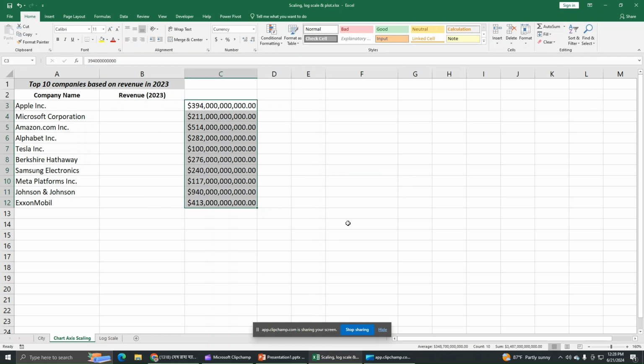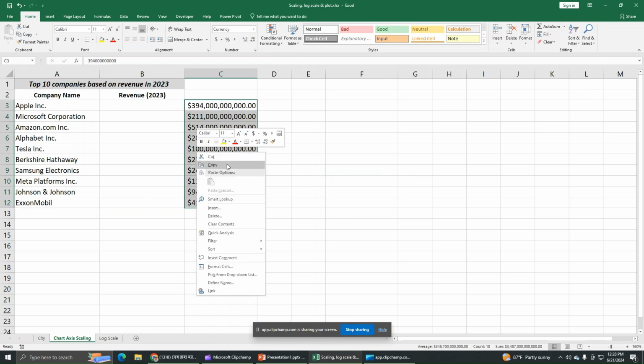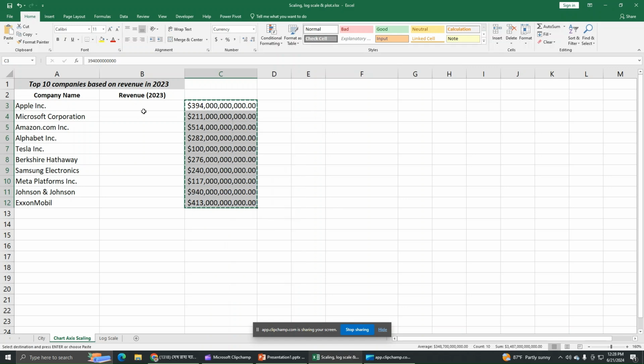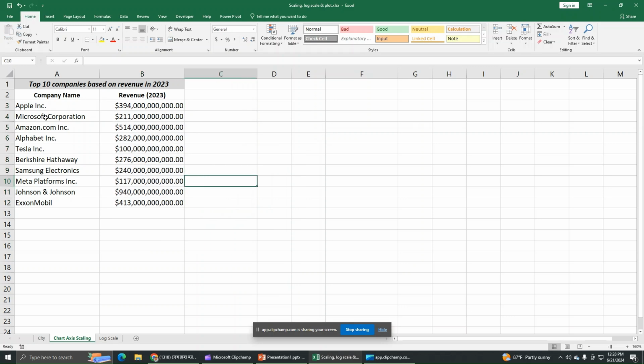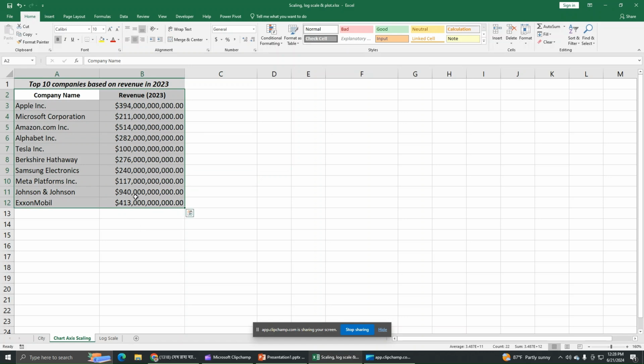Now copy this or cut this and paste it right here. Okay, so our data is done. Let's insert a chart here. First select the entire data set, then from Insert